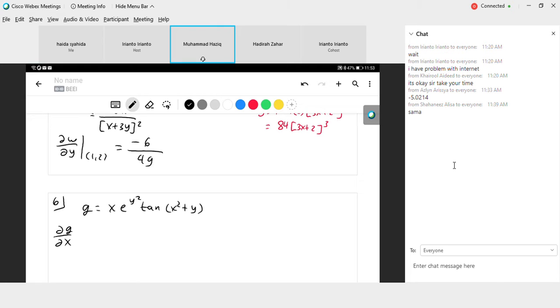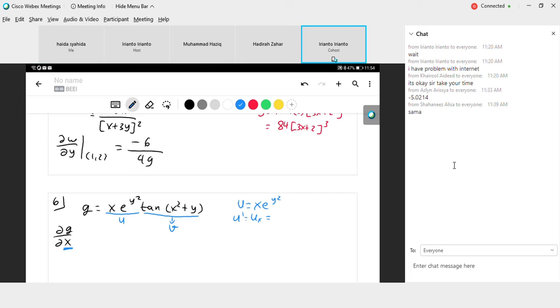Product rule. Okay, what is the first? All of this, because we differentiate with respect to x, can be considered as u. All of this, the tangent, can be considered as v. So u is x e^(y²). u prime, in this case with respect to x, because we want to find the partial derivative of g with respect to x, which is u_x, will be